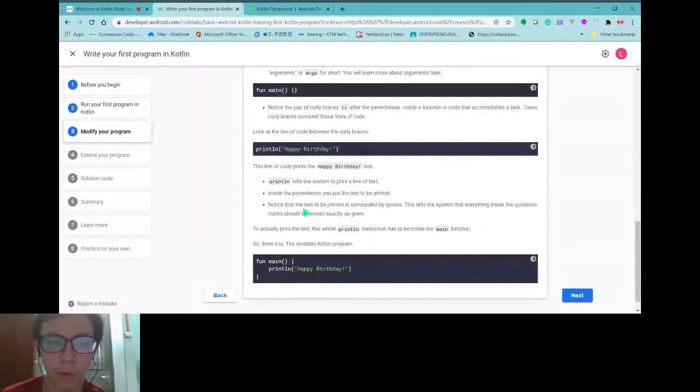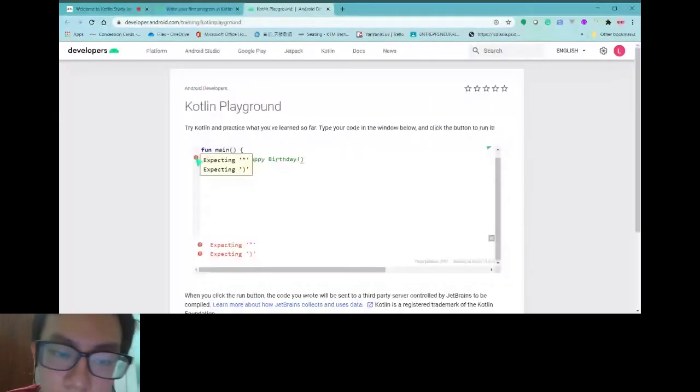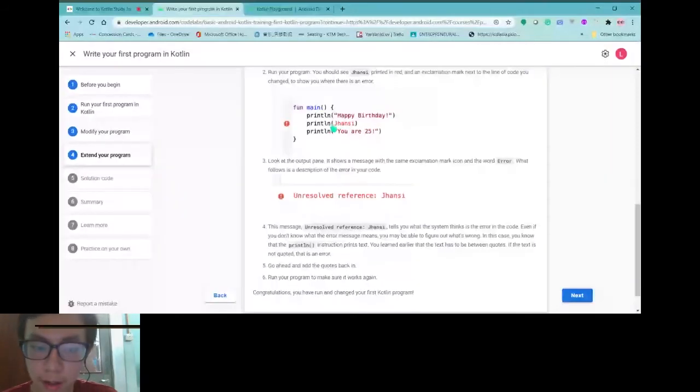Like if you write and the syntax is wrong, like maybe you forget the double quotes and then you run it. It will output the red thing. So the red in programming basically means a bad thing. And then to solve this, just put back this double quote, just run. Yeah, and then you got your output.